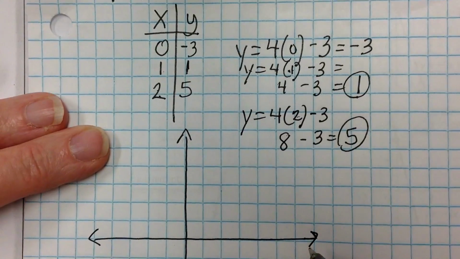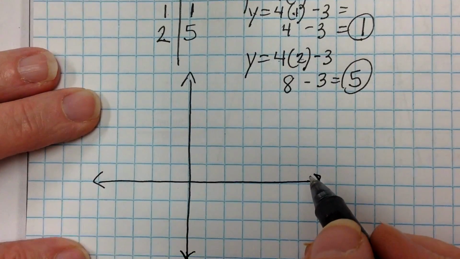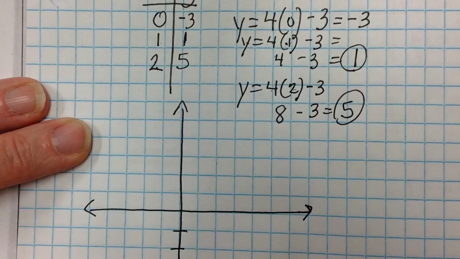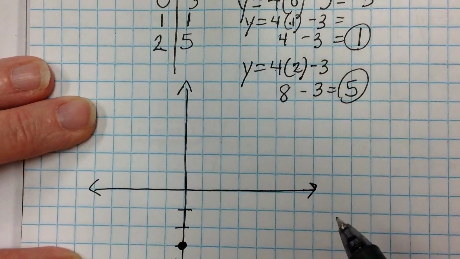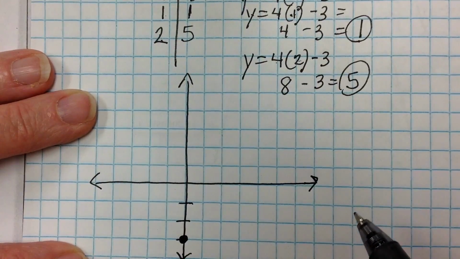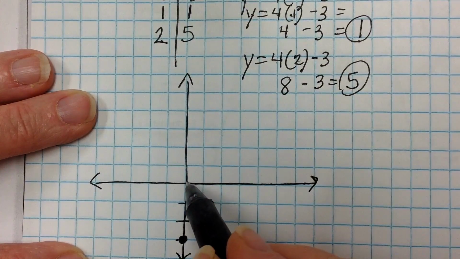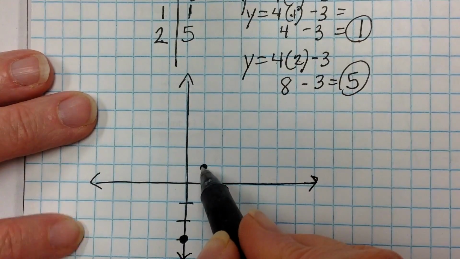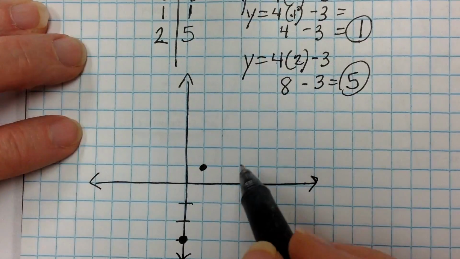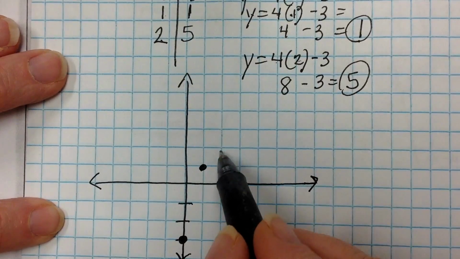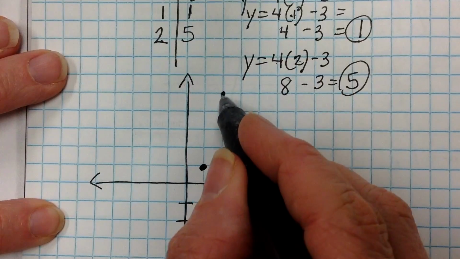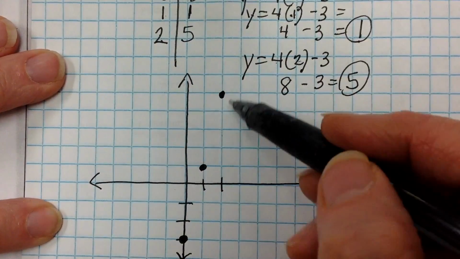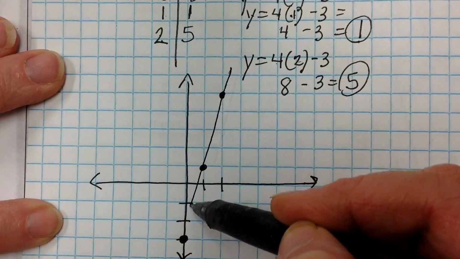I'm going to plot these 3 points. (0, -3). There's that specific point. I have the point (1, 1): to the right 1, up 1. This is the point (1, 1). And then I have the point (2, 5): to the right 2, up 1, 2, 3, 4, 5. So there's my points. So if I draw this line,